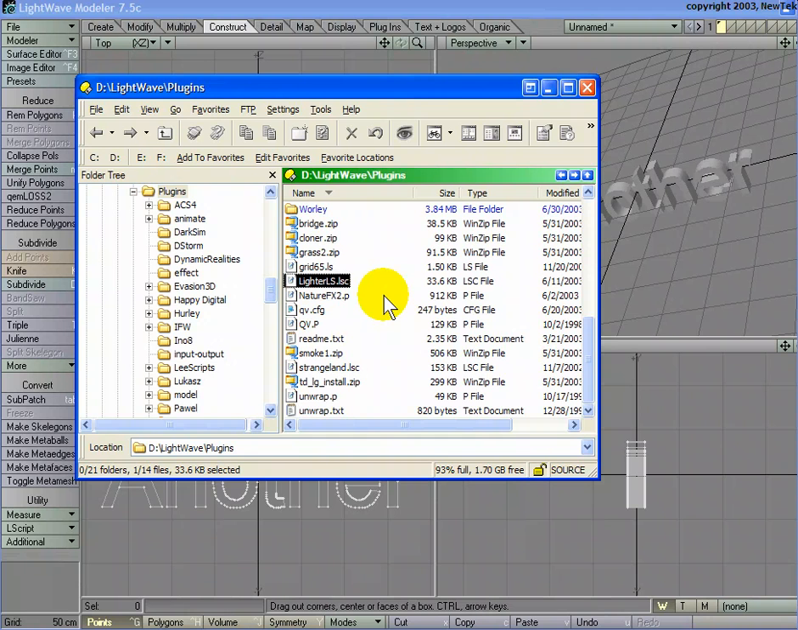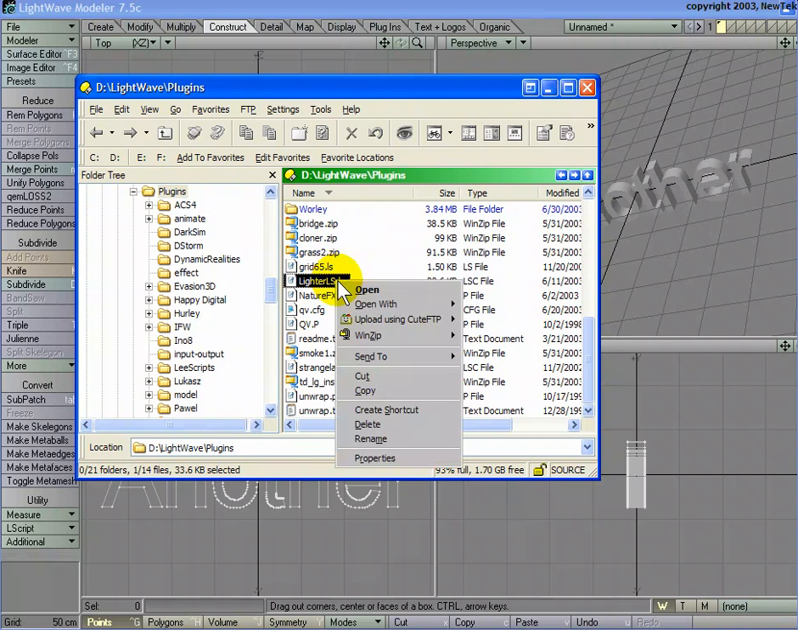Whenever you see an LSC plugin, that stands for LScript compiled. And that means that it's written in LScript. What is LScript? It's LightWave's built-in programming language. One of the great things about it is you do not need a compiler. You can write it in a word processor or something like WordPad or TextEdit or whatever. LSC means it's compiled. And we'll talk about compiling it